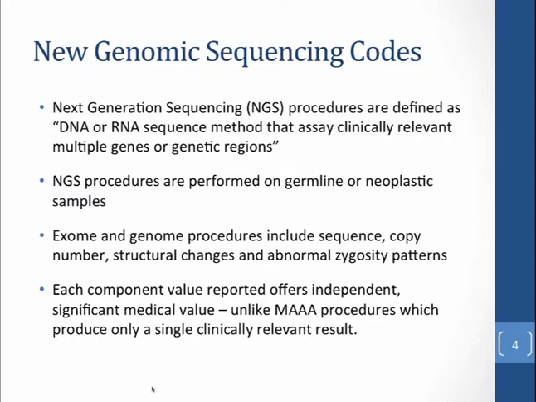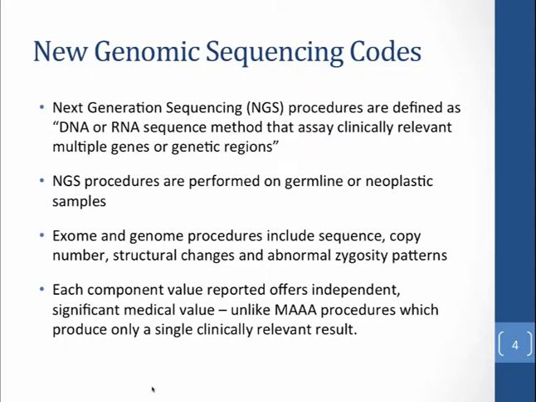These codes can be performed on either germline or neoplastic samples. They include exome and genome procedures. And these procedures include virtually everything you could do to measure the entire exome or genome. And another important factor is that each of these codes,